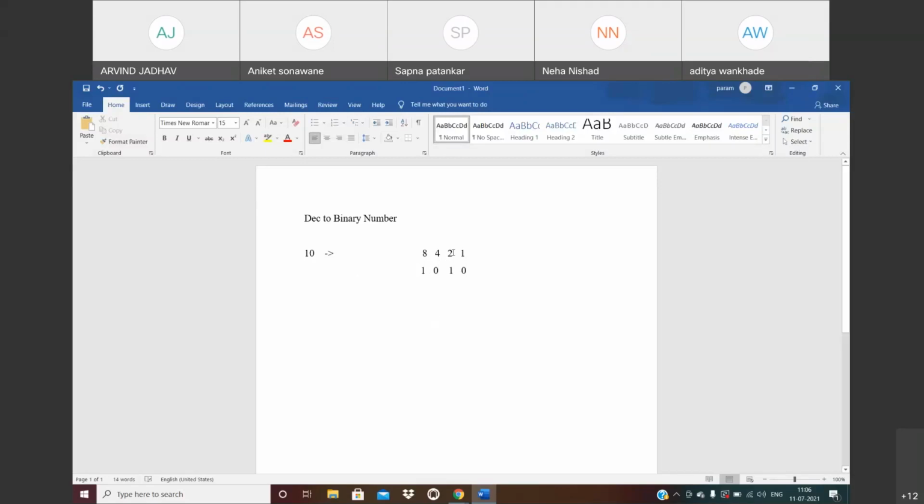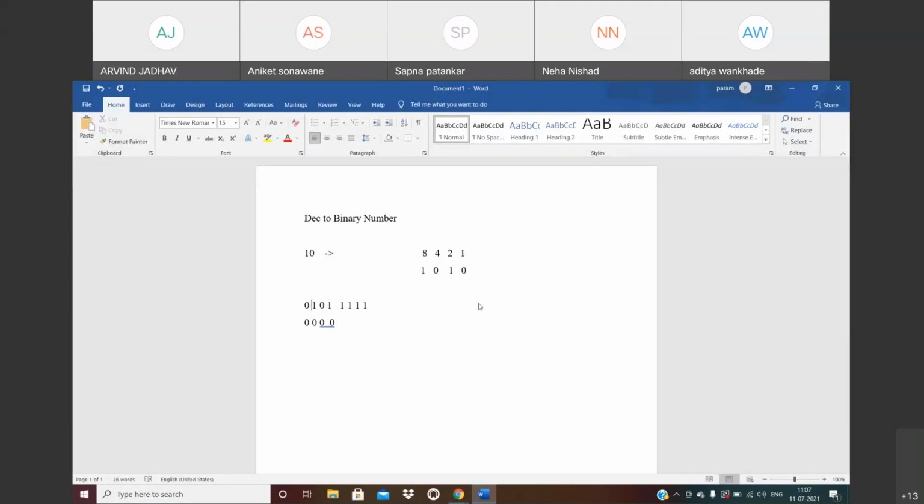That means 8 plus 2 we got the addition as 10, and for that reason we replaced those numbers by using 1, 8 and 2, 10. 4 did not occur, because of that we replaced it with 0, and 1 did not occur, therefore 0. So the combination of 4 bits is called a nibble. For example, the 4 zeros and ones you have, assume it will be 0 1 0 1, and 1 1 0 0 0 0. The combination of 4 bits is called a nibble. What is it called? Nibble.